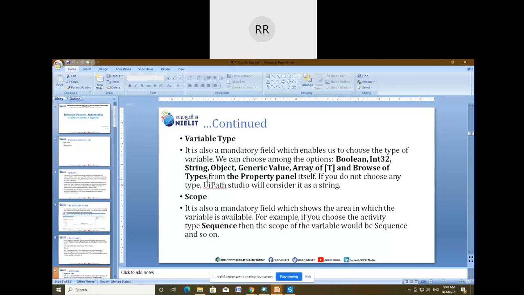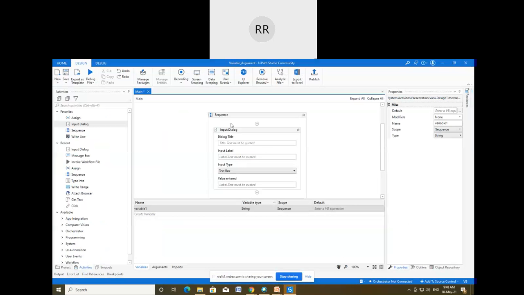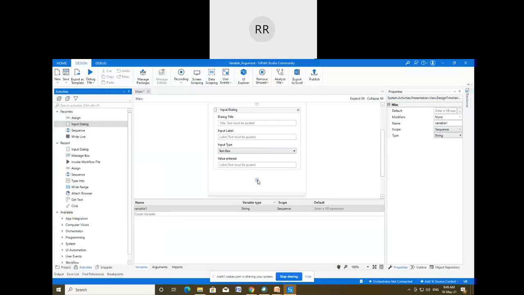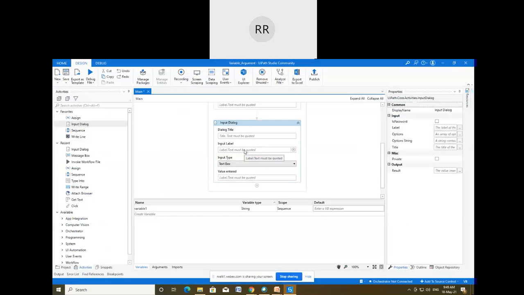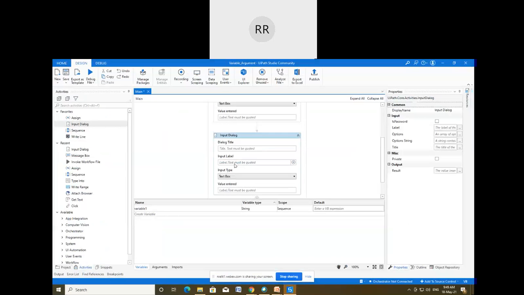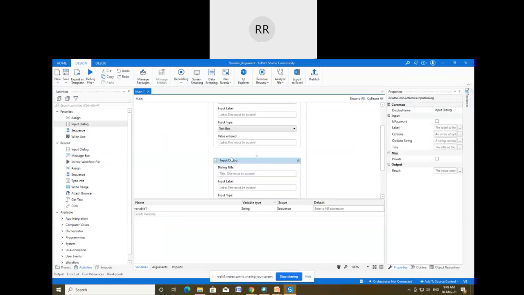For example, if you choose the type of file as sequence file, see here, this is the sequence file, and in the sequence file there is one input dialog activity. Suppose I drop one more input dialog activity here and connect the two input dialog activities, and suppose I create two different variables, one for the first input dialog and second for the second input dialog.